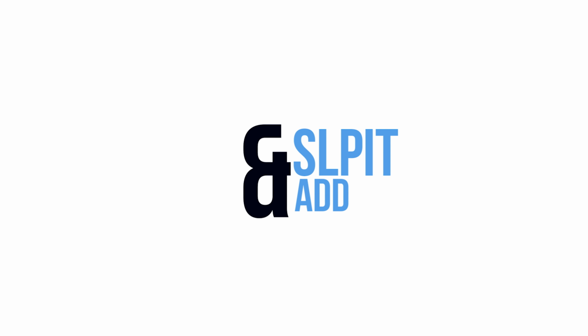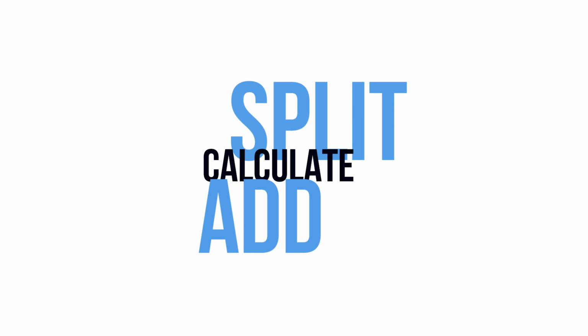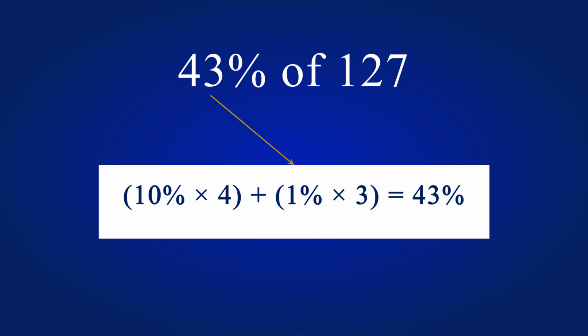Now let's go to trick 3. This trick can be called as split and add. First split the percentage, then calculate and add it. For example, if you need to calculate 43% of 127, just divide the percentages in this manner. First calculate 10% and multiply it by 4, and then calculate 1% and multiply it by 3, then add both